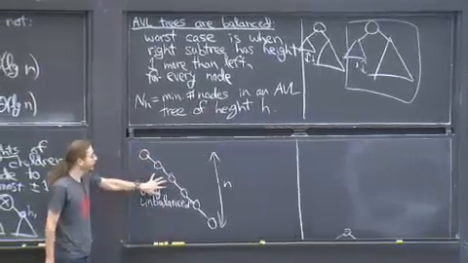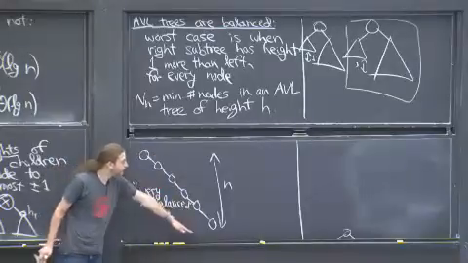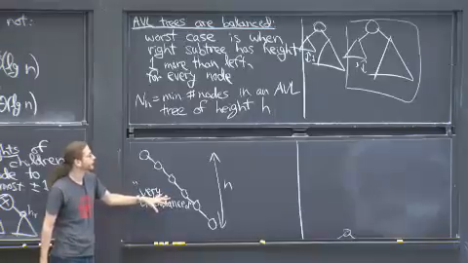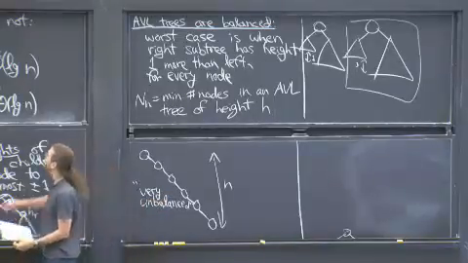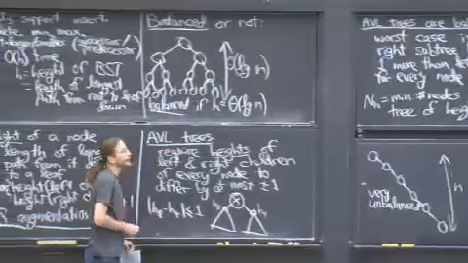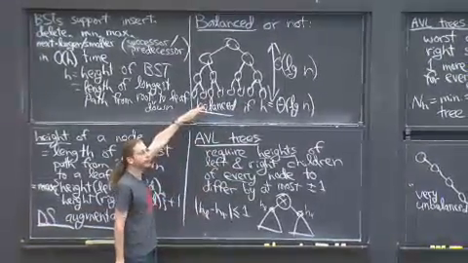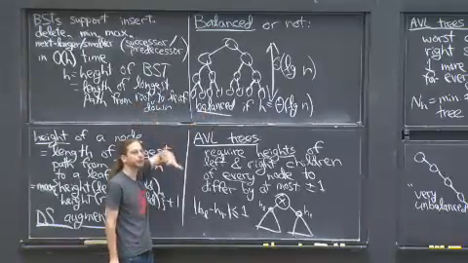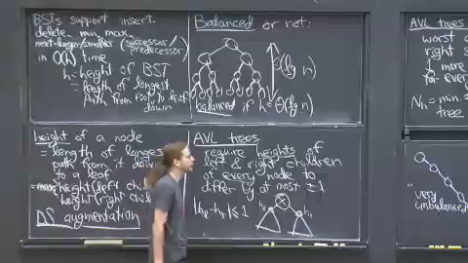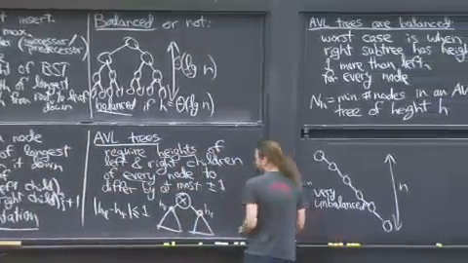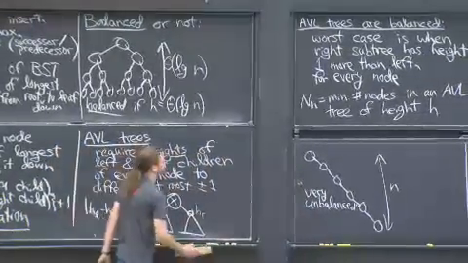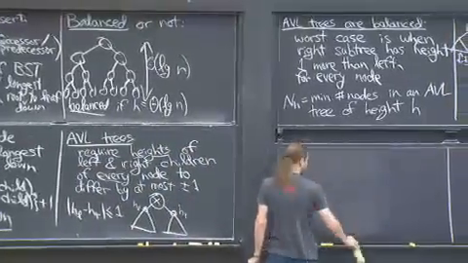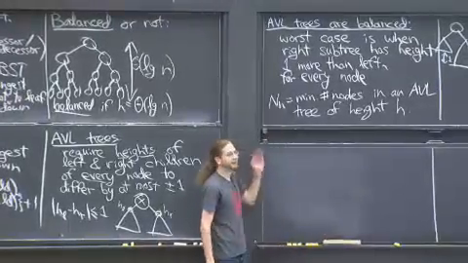Because for the very unbalanced tree, I have a height of n, and I only need to put n nodes. That would be really bad. What I prefer is a situation like this, where with height h, I have to put in 2 to the h nodes. That would be perfect balance. Any constant to the h will do. Because when you take the inverse, you get a log. Okay, we'll get to that in a moment. Let's, how should we analyze n sub h?